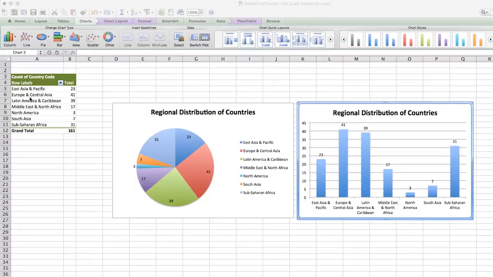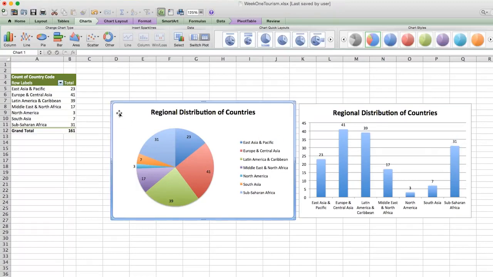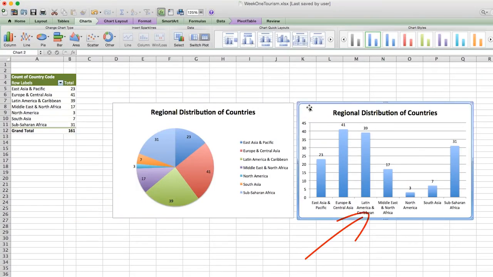Let's open up the spreadsheet that we are working on. In our last segment, we have shown you how to summarize categorical variables such as the region column. Starting from a pivot table, we know how to get to a region-wise distribution of countries. We have created a pie chart as well as a bar chart.